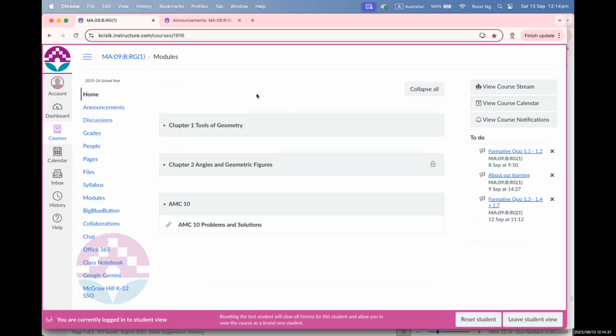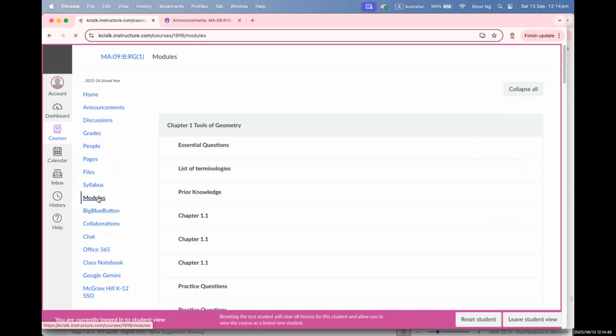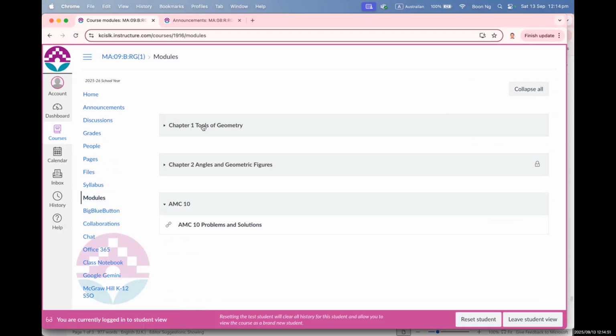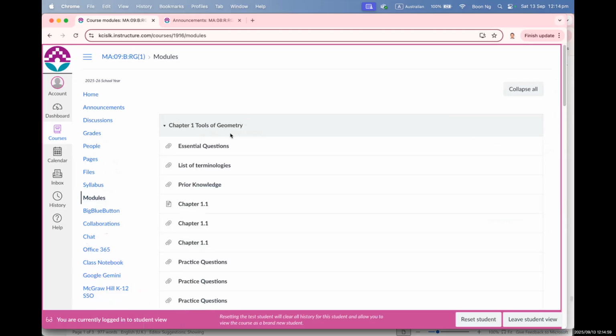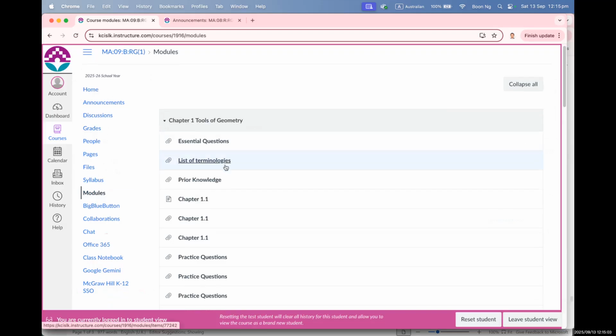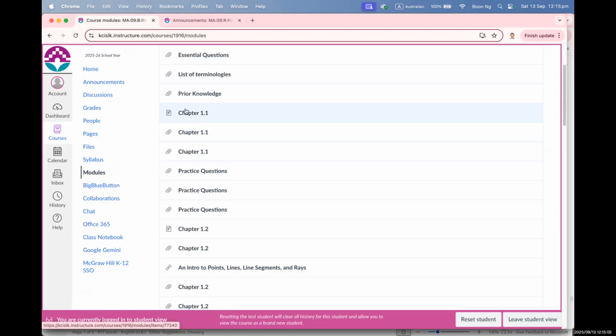If a student logs in, they will be able to see what I am displaying right now. If they go down to modules, they should be able to see chapter 1, chapter 2, and AMC 10. These three tabs. Right now, I think we have finished chapter 1, and you can see here